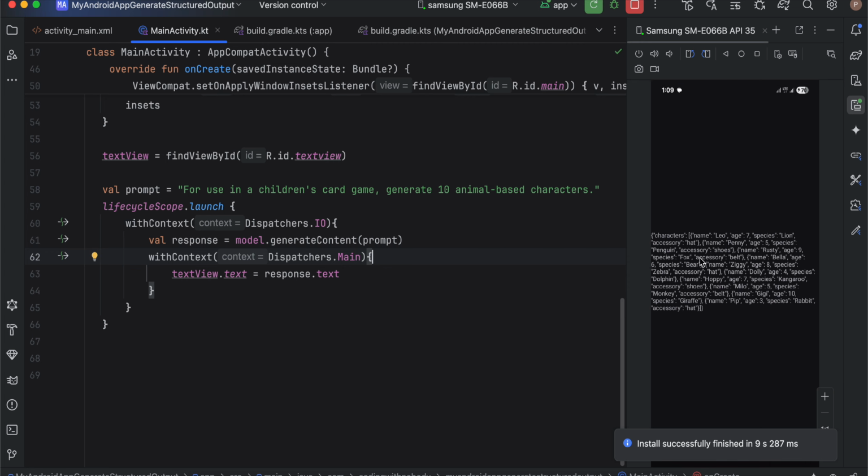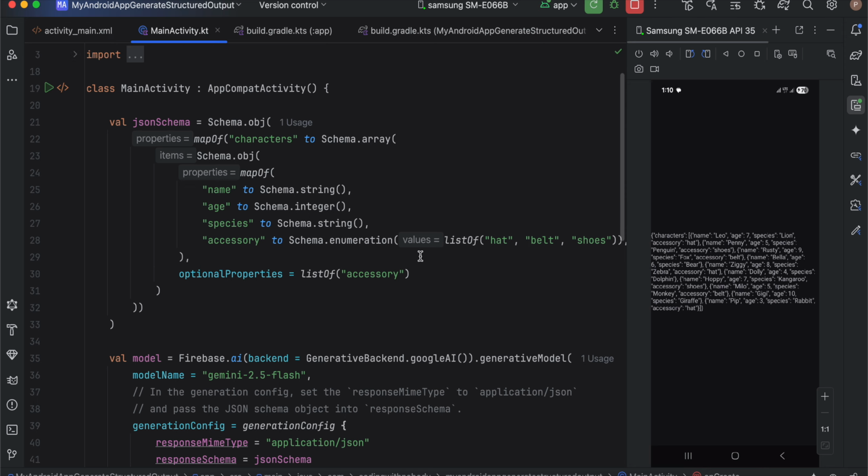Now why did it give me the output in this particular format? Because I told it to. If you see over here, I'll explain the code later on, but here you can see every animal should have a name, age, species, and accessory. So here you can see name Leo, age 7, species lion, accessory hat, then name Penny, age 5, species penguin,